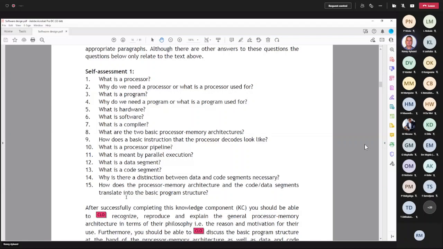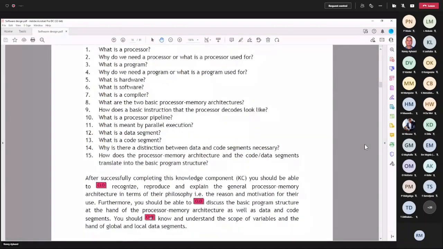Do you know all these outcomes? If not, then you are not doing your part. You are already behind. That means that you have to catch up.